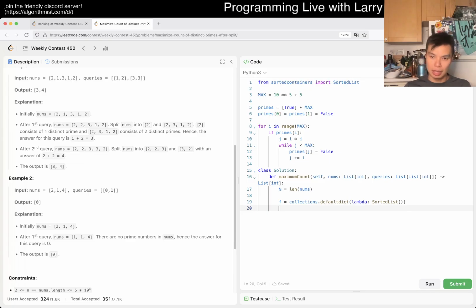And now I'm going to say for index, x dot append index. Oh yeah, I guess we add index in this case now. This is the sorted list. Okay. And then now in the segment tree,